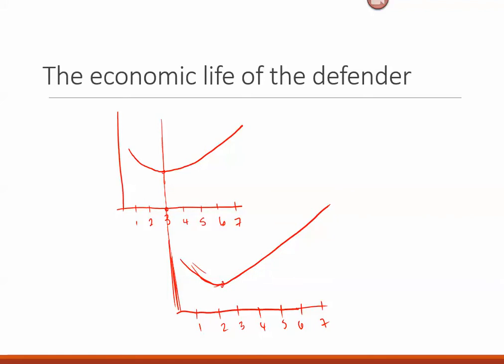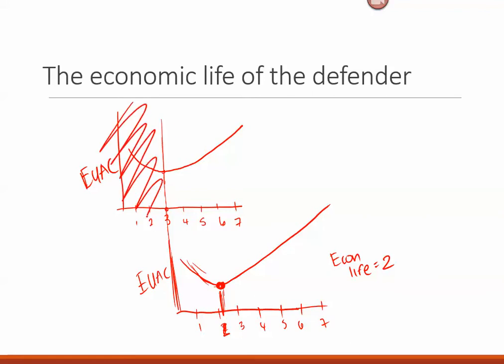So let's say that this one's more like that. So it looks like the economic life is somewhere between year 2 and 3. I actually meant that to be 2. So let's assume that that's the 2, and that means that the economic life of the challenger is 2 years. So economic life equals 2 years. Whereas, and this is EUAC versus years, for the defender, it was 3 years,